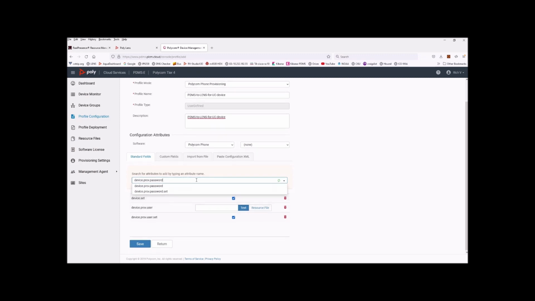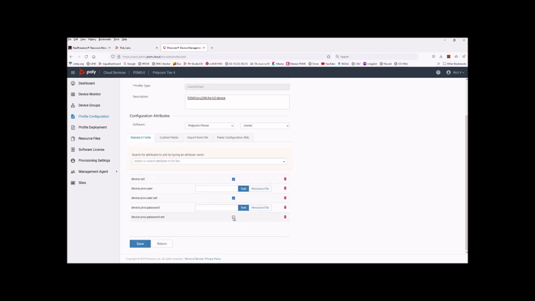We also need the device provisioning password and the device provisioning password set. Device provisioning server name. And again, we'll need the set profile for that as well.